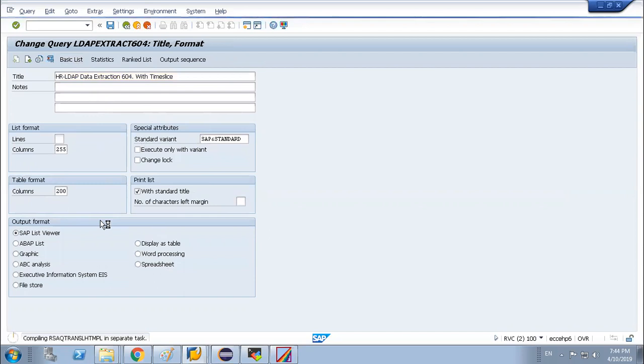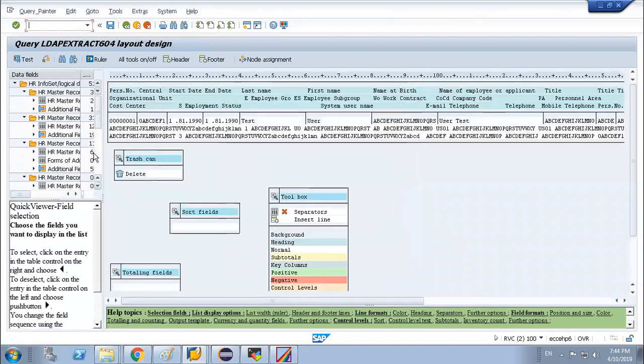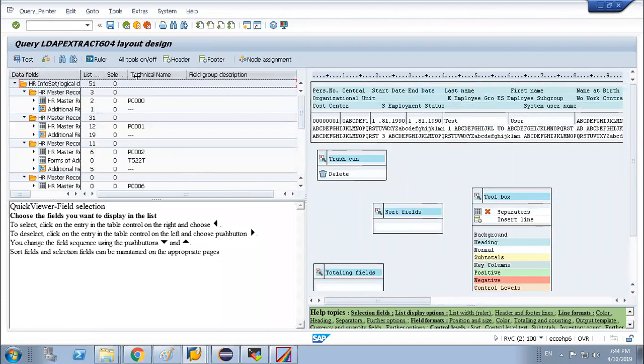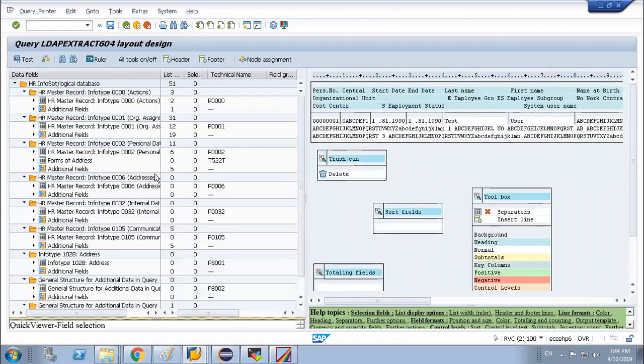Go to the basic list. On the left-hand side you will see basically every field. Suppose P000. What is P000?